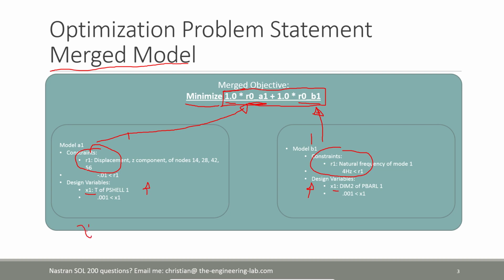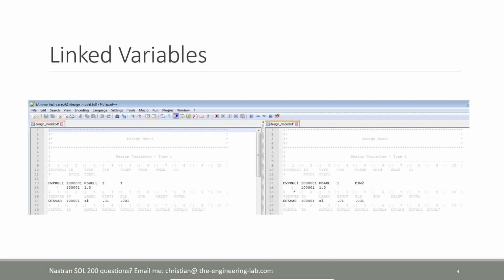Now, what if you have a different label like X2 here on the left and you had X45? What's going to happen here? It's going to assume that these variables are separate, they're independent. So it's going to change X2 depending on what the optimizer says, and they will not be linked, is basically what I'm trying to say here. But if they have the same label, X1 and X1 here, they will be linked. This is very important for you to take into account when you're creating your multimodal optimization. So now that you know what's going on, let's go ahead and step to the web